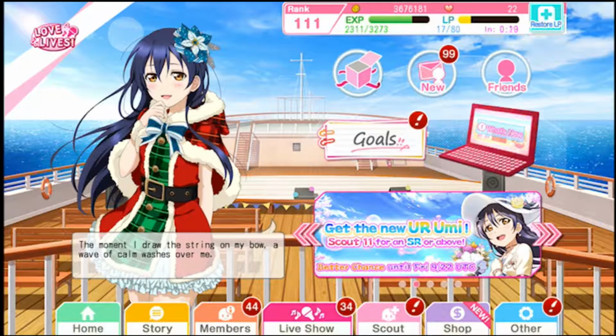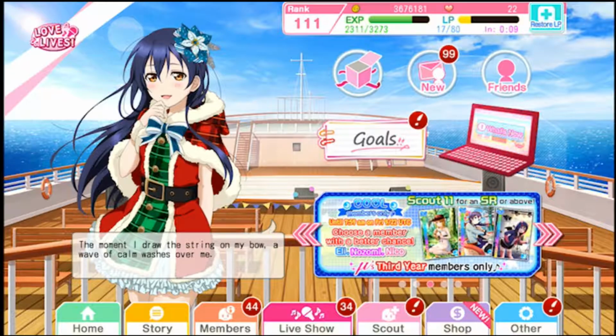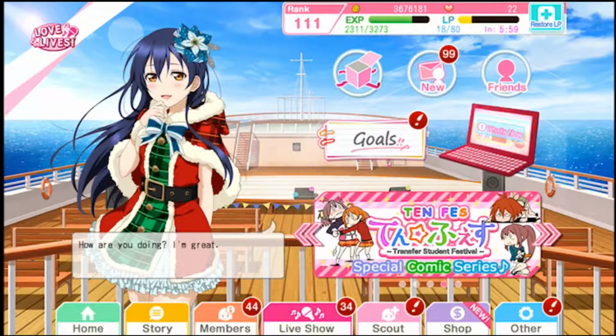Above that, you have your goals and what's new tabs. The what's new tab shows you what's new. Goals tab shows you your goals. Different challenges you can complete and earn different rewards, such as love gems, gold, or friendship points. And then you've got your present box, where you get those rewards, and other rewards that you get for logging into the game. You've got your friends tab, which you'll never, ever use, unless you have friends that play the game too and you want to connect with them. And then you've got your messages tab, which I haven't opened once in my entire life.